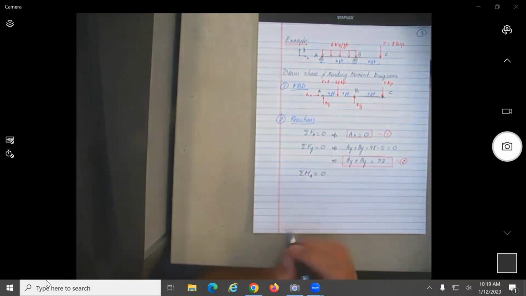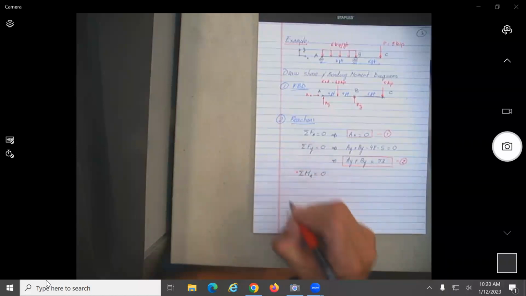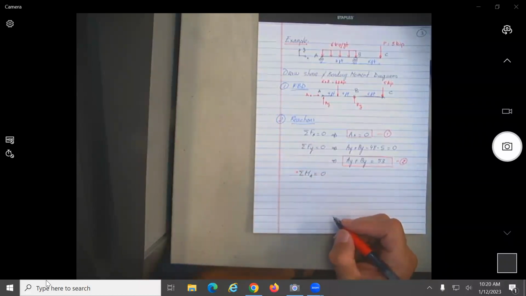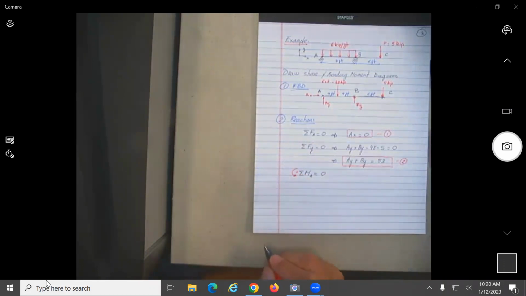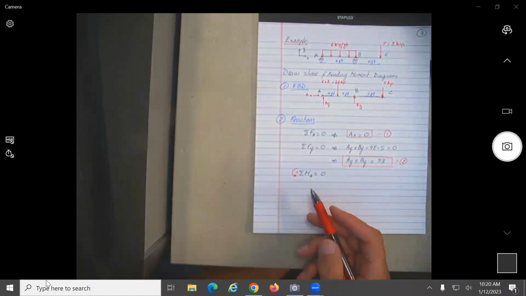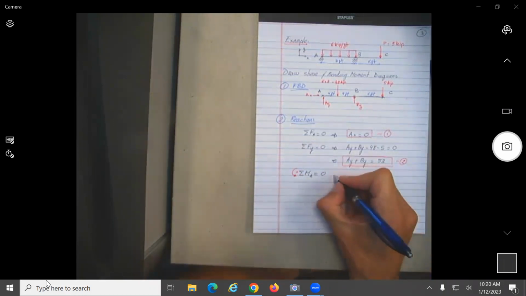What is the second thing you need to define when taking moments? The direction. So generally, what is the positive direction for moments? Is it counterclockwise? Yes, the default is counterclockwise positive. So I put it over here. If you don't decide, if you don't put it, I'm always going to assume that you're taking counterclockwise as positive. If you want to change it, you're going to have to show me, no? Okay. All right. So if we do this,